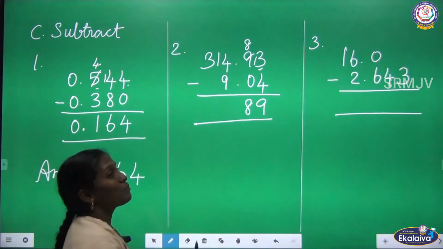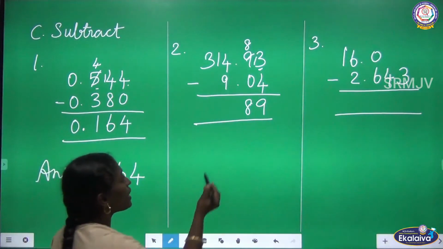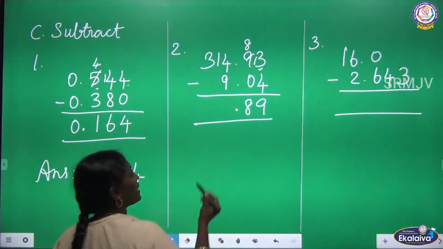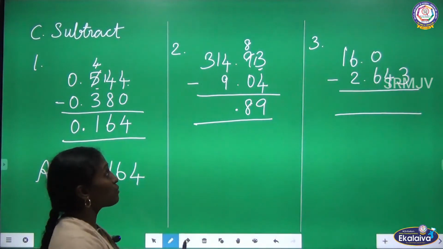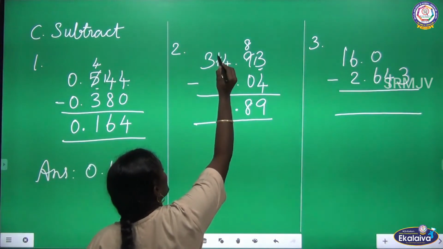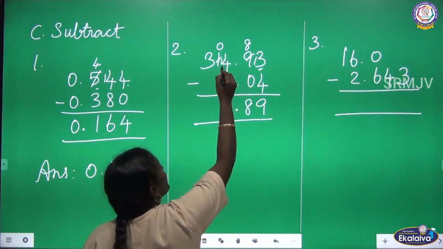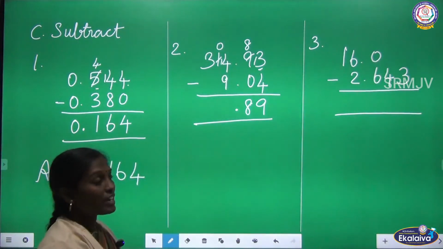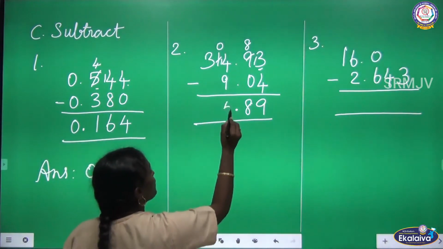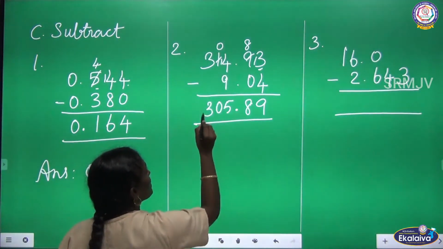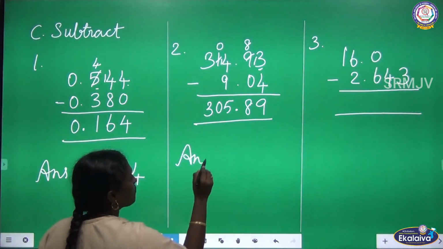Now we are going to subtract the numbers which are in whole number part. Before that, we have to keep the decimal point. 4 minus 9. Here also 4 is the smaller number, so we can't do the subtraction. We have to borrow from 1. 1 will become 0. 4 will become 14. 14 minus 9, that is 5. Then in tens place 0, in hundred place 3. So the answer is